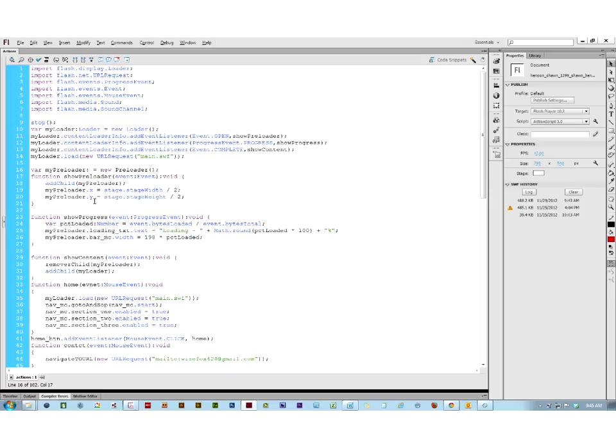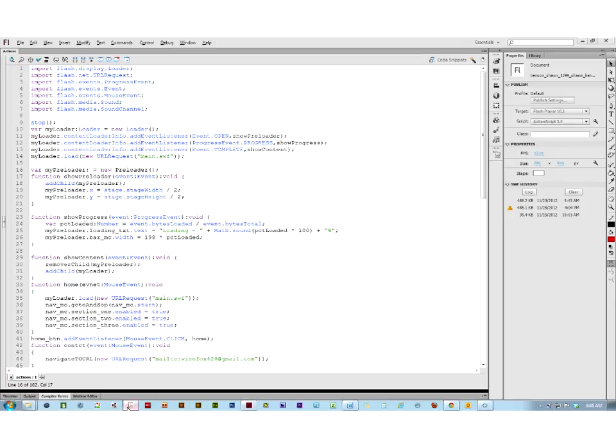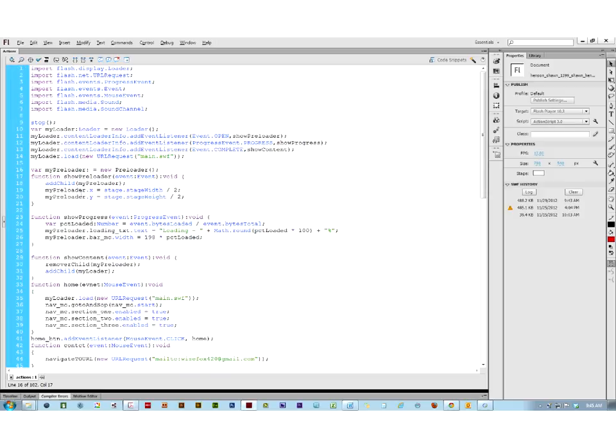And what it's waiting for is, you're creating a variable called my preloader, but all variables have to be data typed. And in the script, what you were supposed to have done is data type this to the name preloader, which was already created as a data type. So if I go over here and I type in preloader